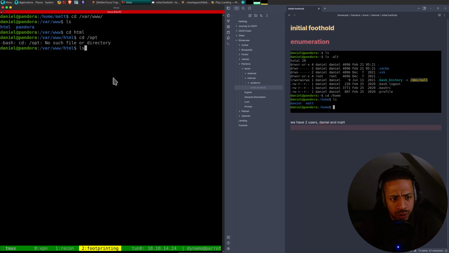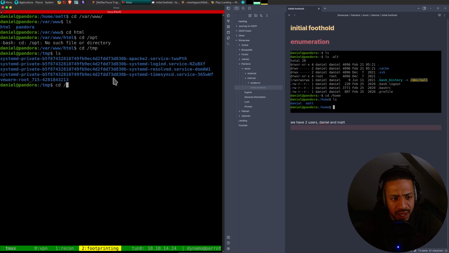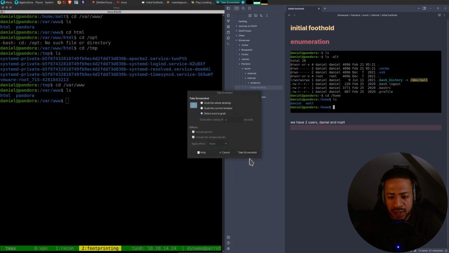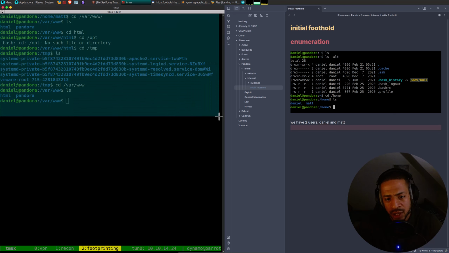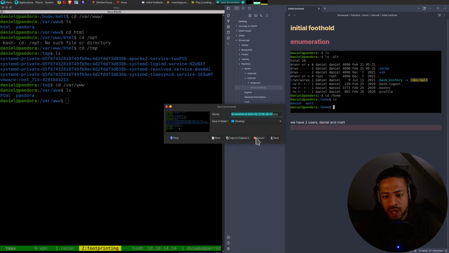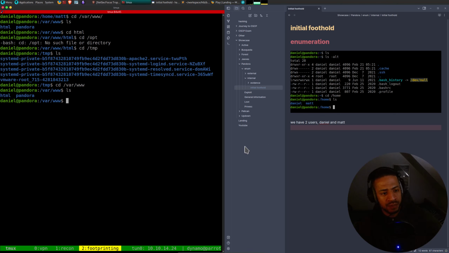What I also usually do is go into opt and tmp, just to see if there's anything in there. But the first thing you should do is go into var www. Let me take a screenshot of this. And this is the really initial enumeration. If I couldn't find anything in that instance, I would run linpeas.